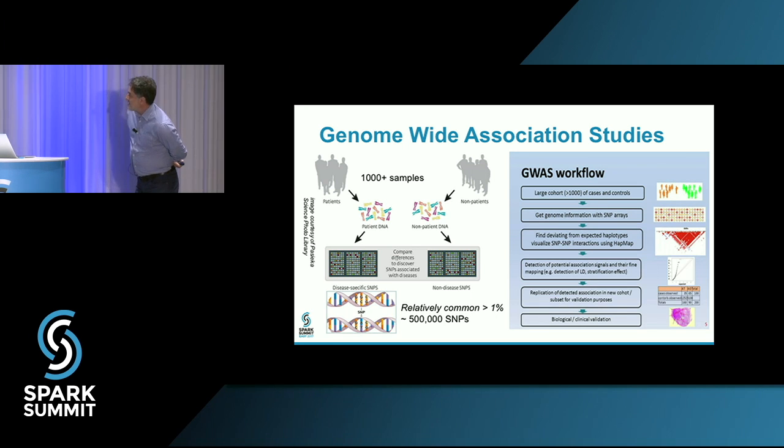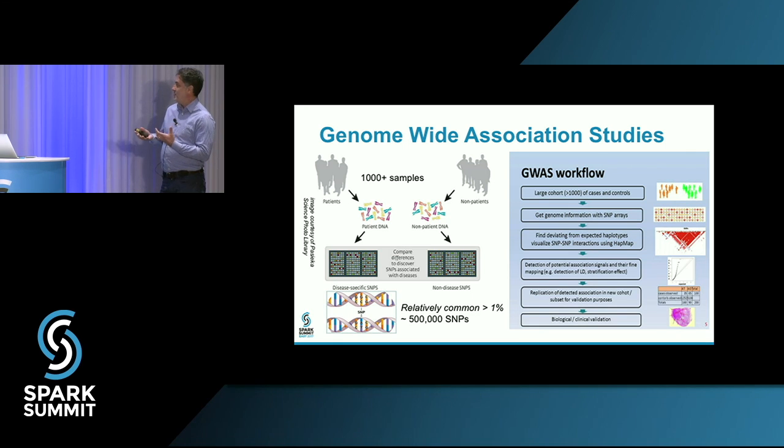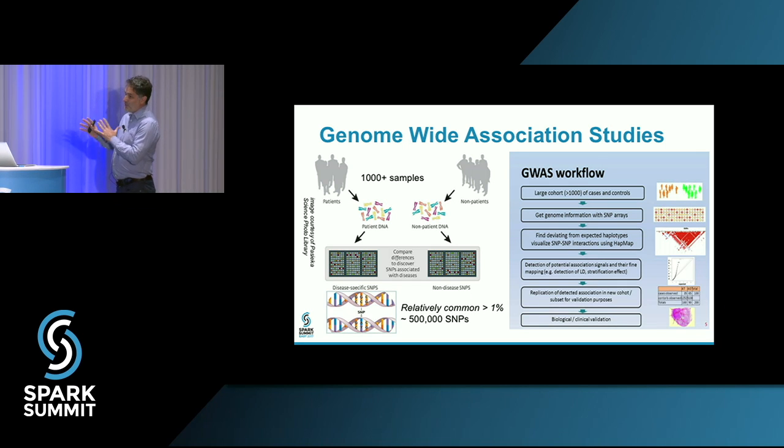It's not as simple as it sounds. First of all, sequencing is still quite expensive, so we don't sequence the DNA. We use another technology called genotyping arrays, which essentially look at some specific positions in the genome which are relatively commonly known to have variation. So we have about 500,000 of these positions called SNPs. The entire workflow is also much more complicated because it involves a lot of data cleaning and quality checking. And even later, when we already know these positions, we still need to verify whether they have biological and clinical significance. But I will be focusing only on this part that deals with data and how you actually identify these